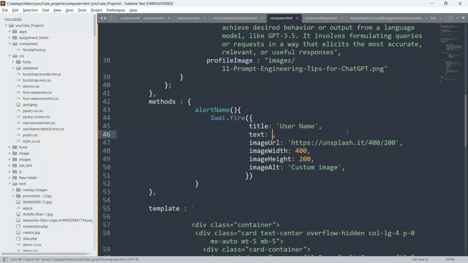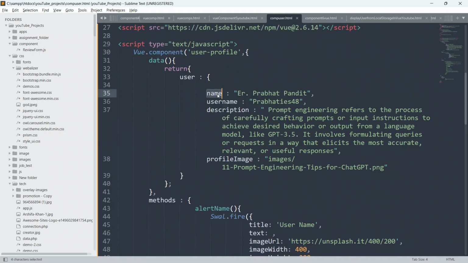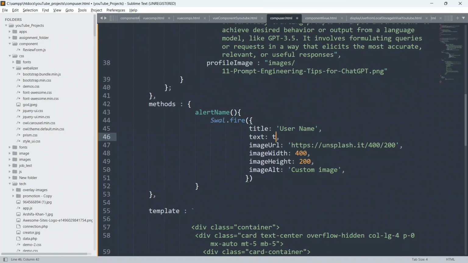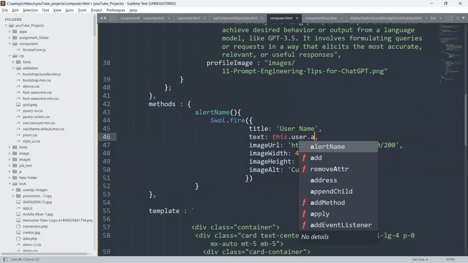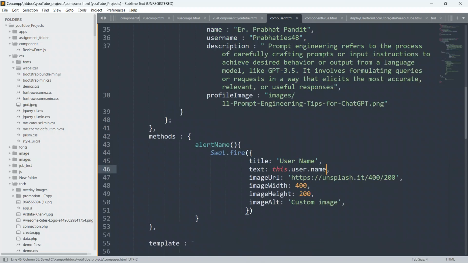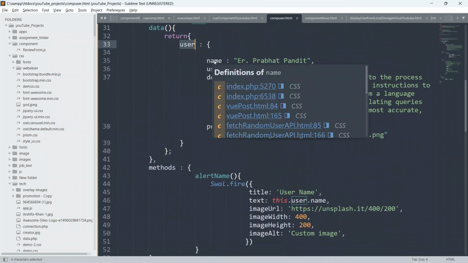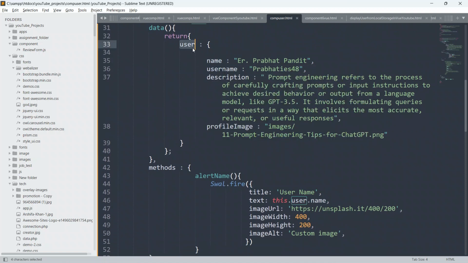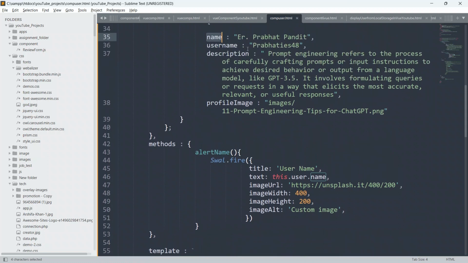And for the text, we will say this.user.name. I am using this.user.name just to display the username, which is here, Er Prabhat Pandit.